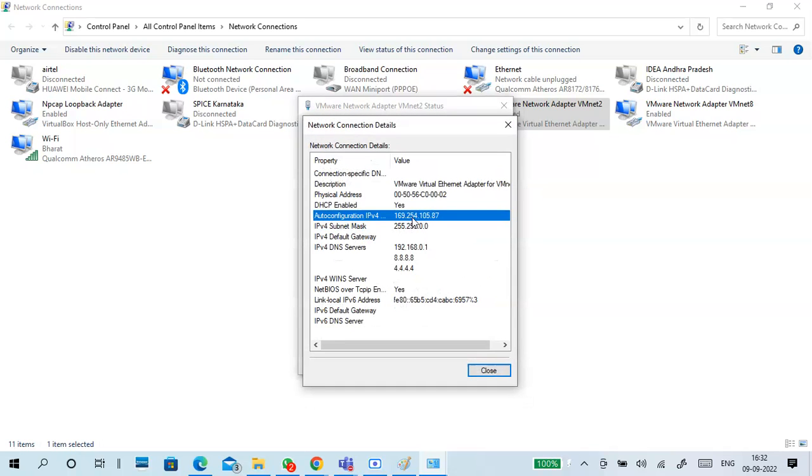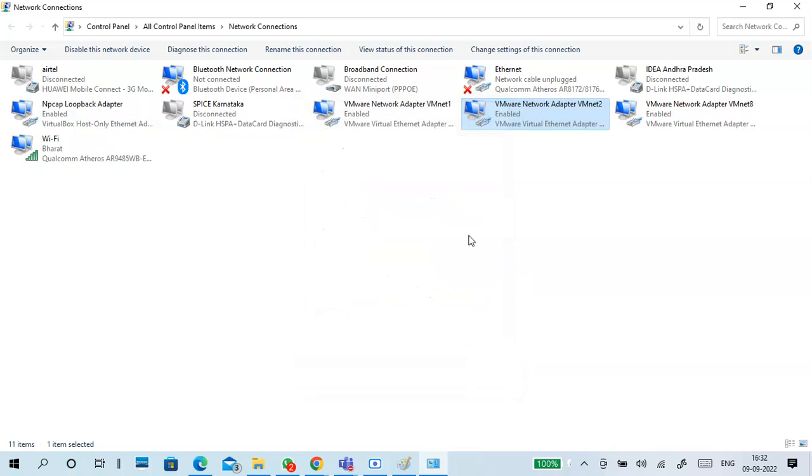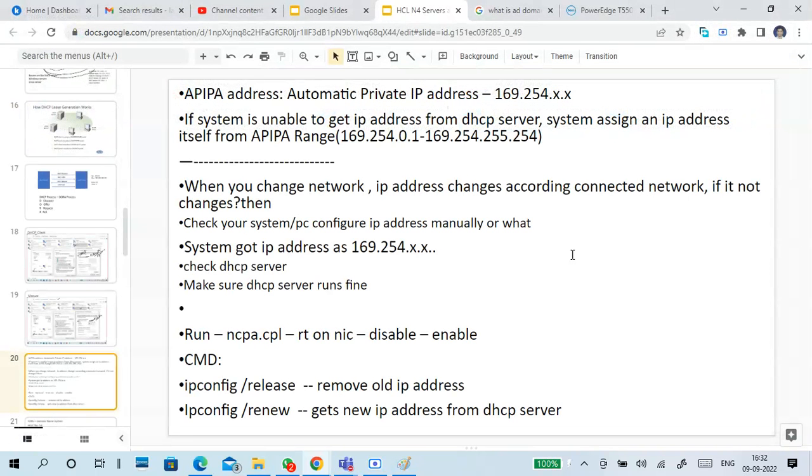If you got an IP address like this, it means you have a problem. So first of all, you have to check your DHCP server. Is DHCP good or not? Connectivity, IP address, scope, like that. Is everything good with the DHCP server? Troubleshoot the DHCP server.